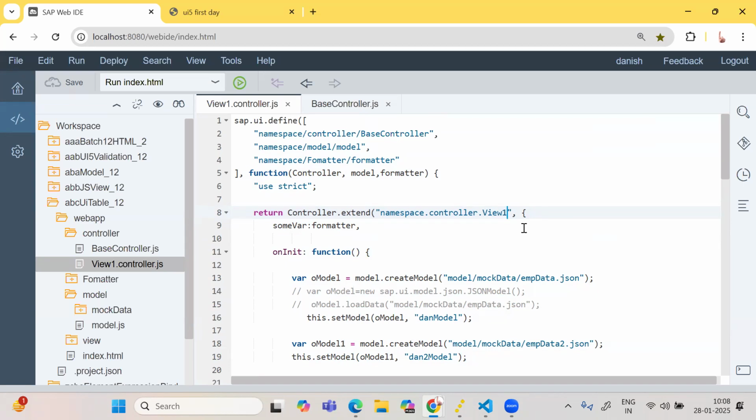And now, shall I do one more thing, that from here on, since we have done base controller, tell me, if somebody wants to revisit the whole thing, will it become confusing